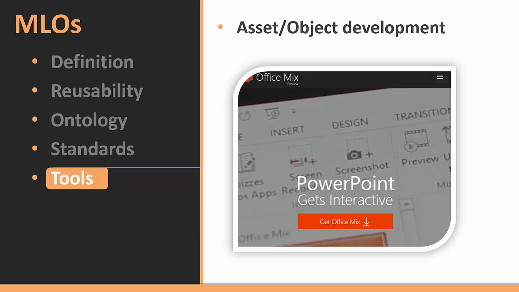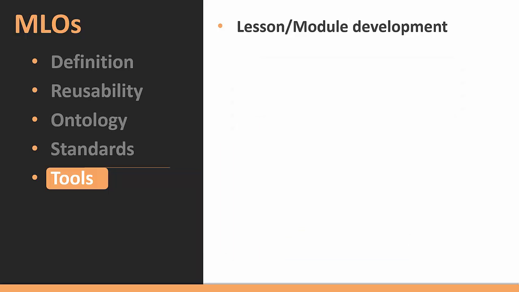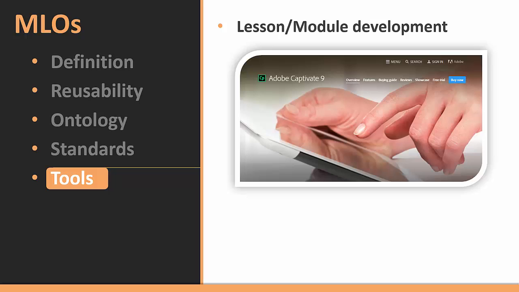So these are all relatively new authoring tools that have some additional output capabilities, and we'll look at some of these as we progress through this course. The next category that's worth, I guess, qualifying is lesson or module development. So we're going to move up in complexity in our ontology continuum. And so the tools that we tend to see developers using to create multimedia lessons and multimedia modules can include Adobe Captivate. This is another professional tool, amazing responsive development tool, can design for any platform, highly interactive, many advanced